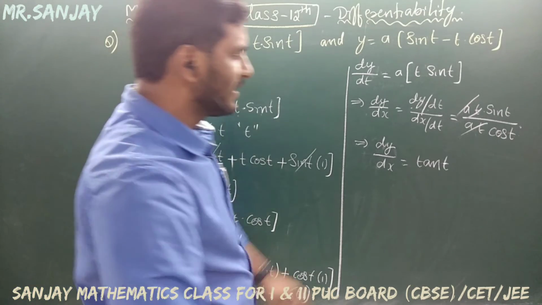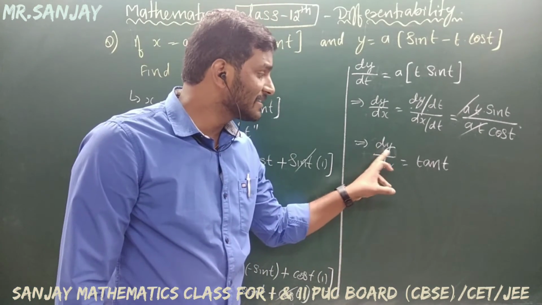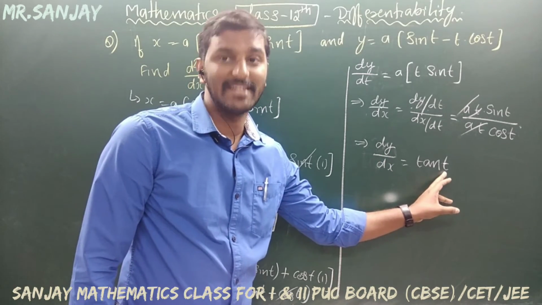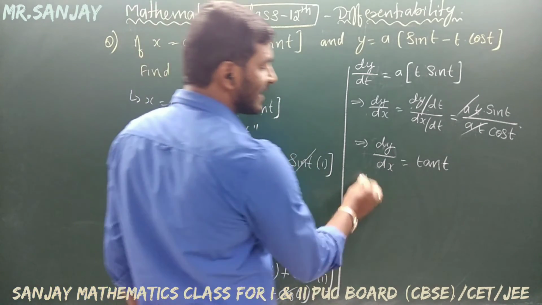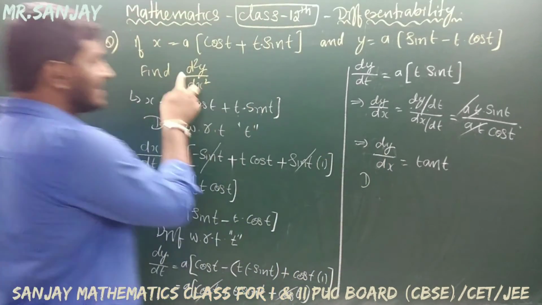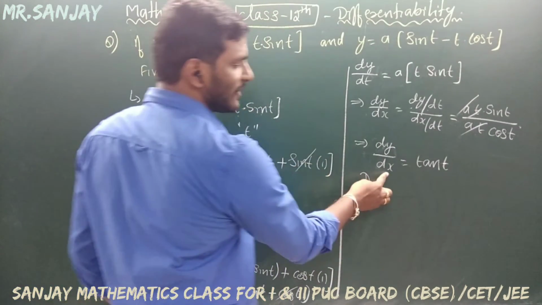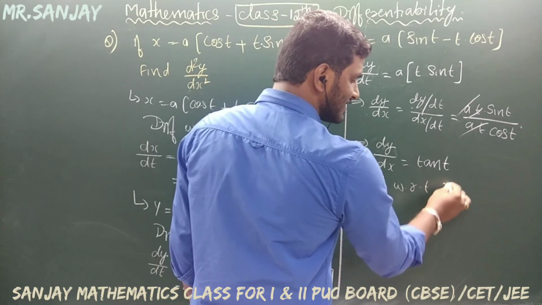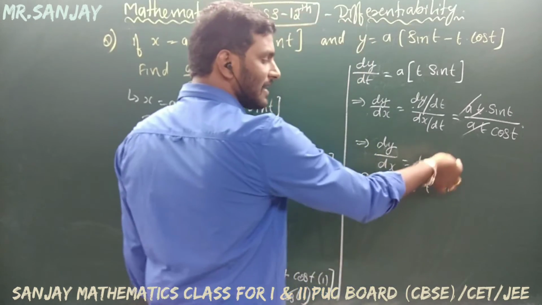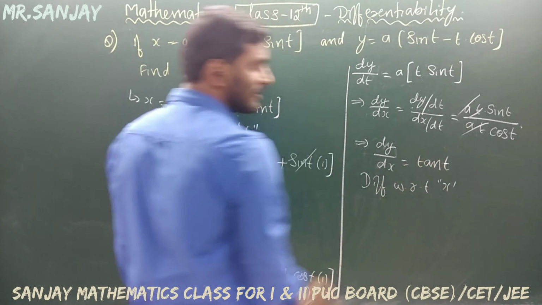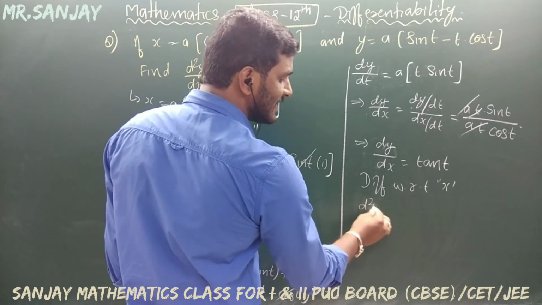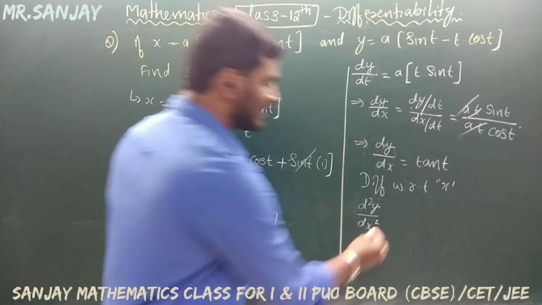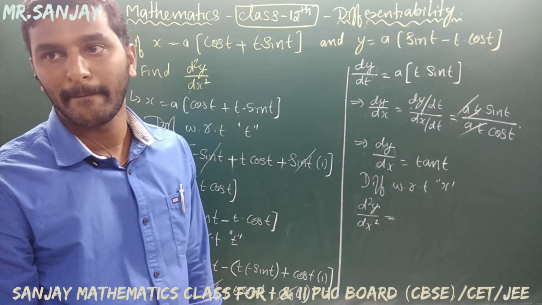But usually d square y by dx square is there, but a third variable is t. If I differentiate again, because we need d square y by dx square, it is x variable, it is y variable. Now you just differentiate with respect to x itself, but again we need to write differentiate t. That means d square y by dx square, and that is equal to what is the answer we are getting here?